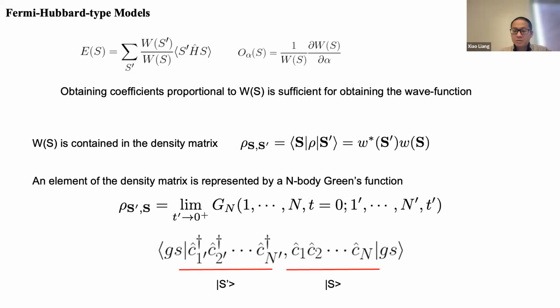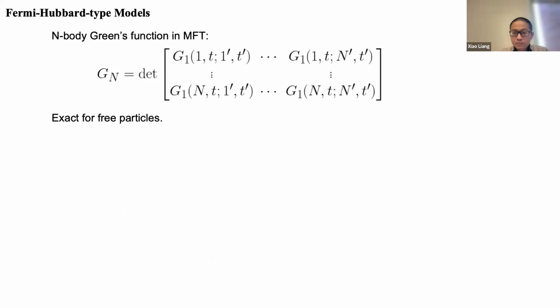Meanwhile, creating operators represent the configuration S prime, and destroying operators represent the configuration S. Based on mean field theory, the unbounded Green's function is represented by the determinant of the one-bounded Green's function, as depicted in the slide. Each matrix element is a one-bounded Green's function that propagates from the configuration on one side to the configuration on another side. This determinant